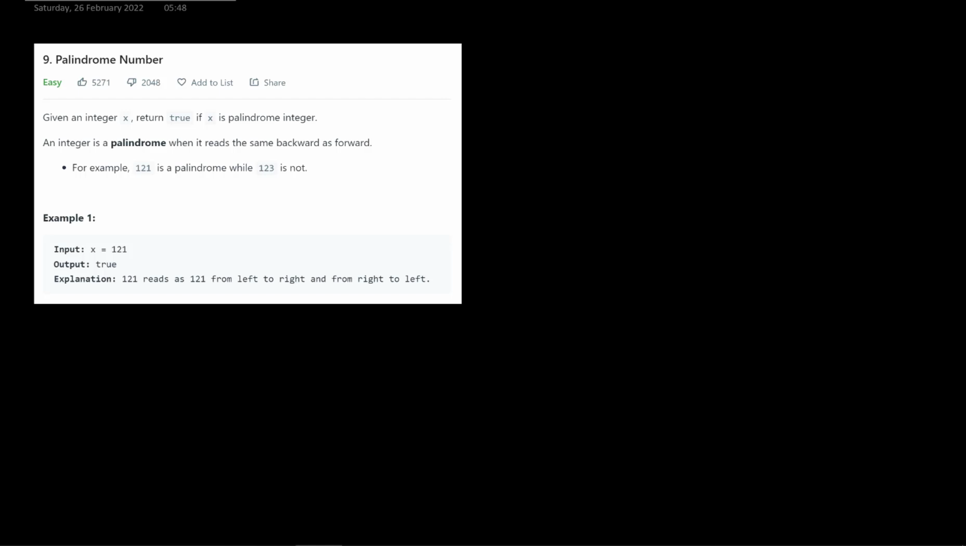We're going to look at the palindrome number challenge. This challenge basically just means you're given an integer x. You're given an integer x, okay? That's our function. Given an integer x,